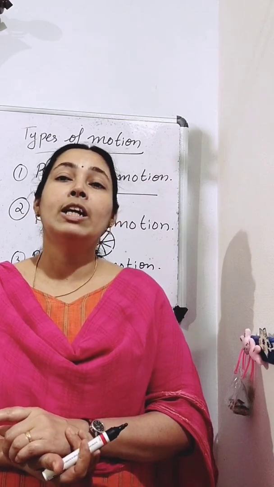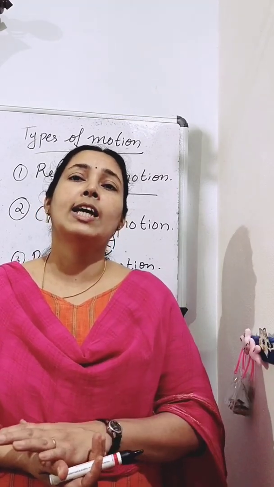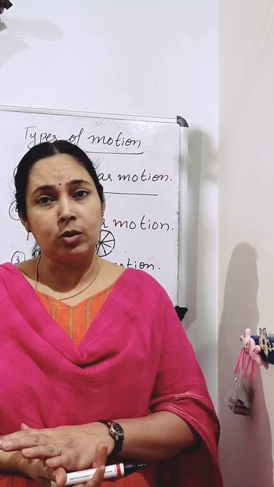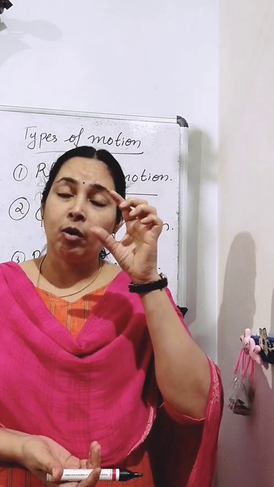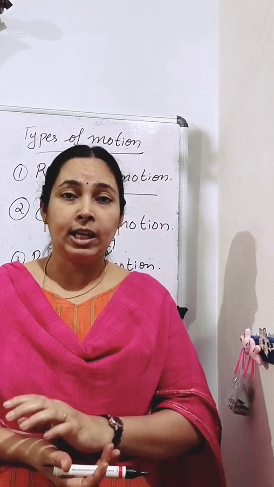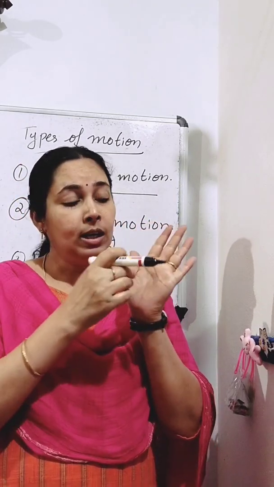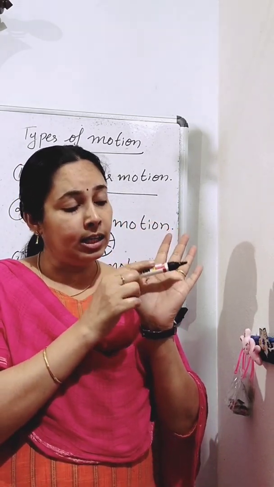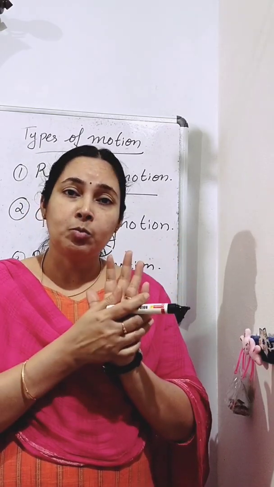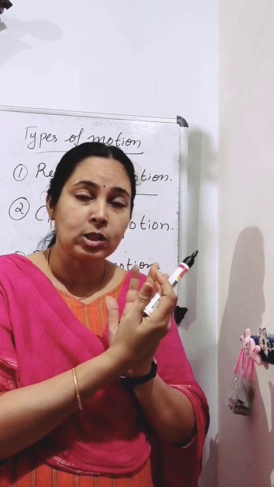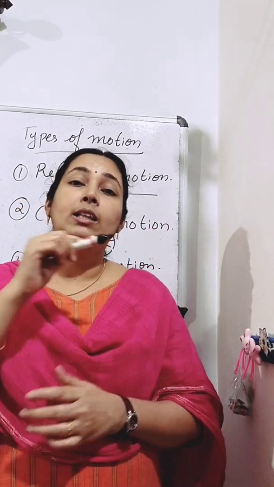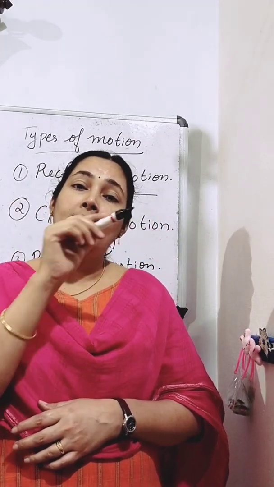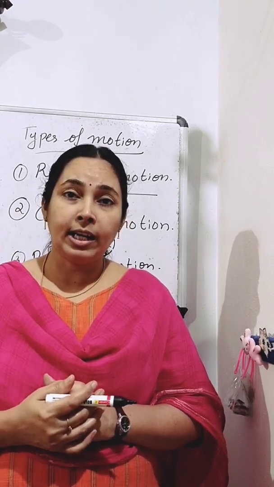Okay. So we did many measurement activities and discussed some kinds of motion also. In measurement, we saw the units of measurement and what all things we should take care of while taking measurements. We should keep the scale in contact and keep it straight. Then if it is broken, we should begin from the next point, and our eyes should be straight. Then we studied how we can take the length of a curved line.